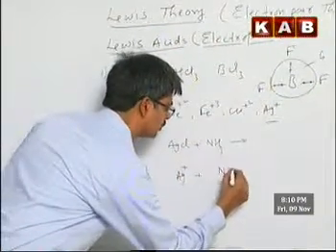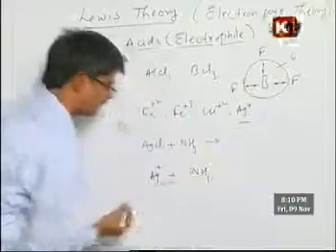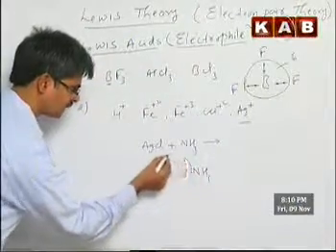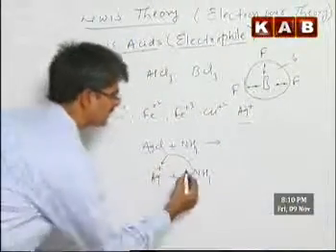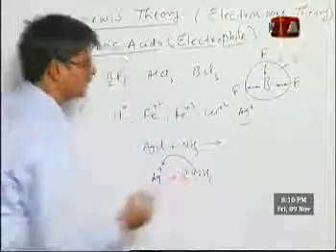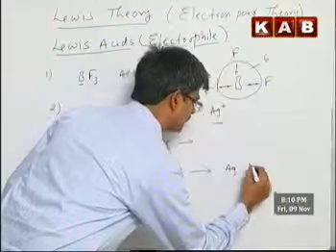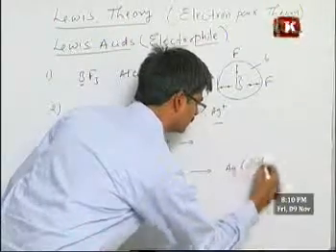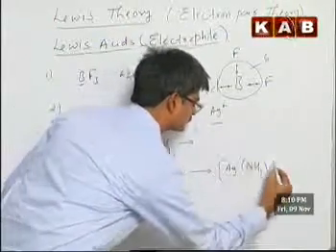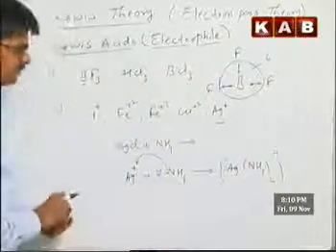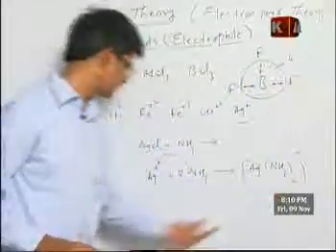Ammonia has a lone pair of electrons, and the silver ion accepts electron pairs from ammonia, that is, it reacts with 2 ammonia molecules. And finally a silver diammine complex is formed here. So here, because of the formation of the silver diammine complex, the silver